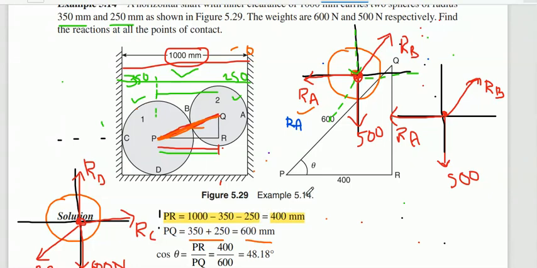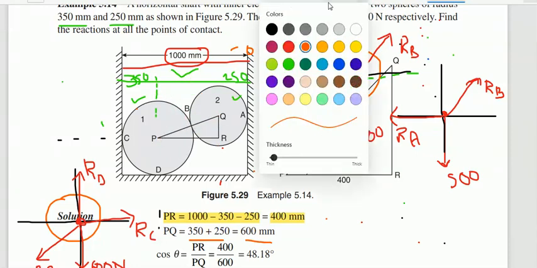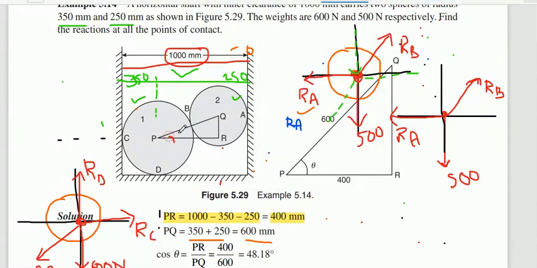Okay. Now we have the values. By applying the tan function, we can easily find the value of theta. This is theta, this is 600, this is 400 and this is 90 degrees. Applying tan theta, or tan means when you want the opposite direction. So what is the tan function? Tan theta is equal to what?